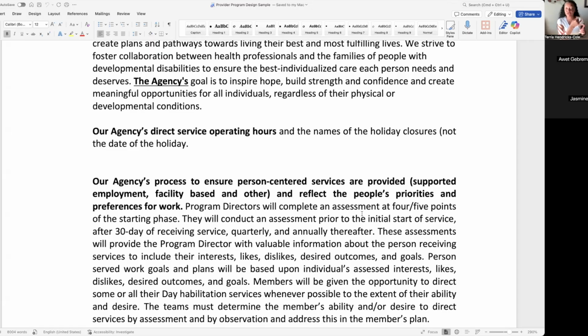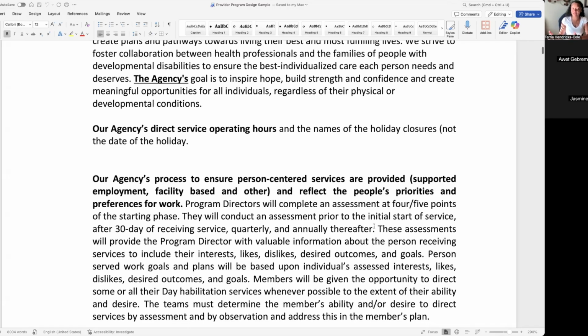But once they receive a referral from the state, from somebody walking into your agency, or from another provider like a home provider or service coordinator, they'll have to set up the tour. Once they come in for the tour is when the assessment starts. So they'll assess them during the tour and make sure they're in alignment. They need the services that you have said you're going to be offering, and you can provide those services to this particular person. That's essentially what the assessment part is.